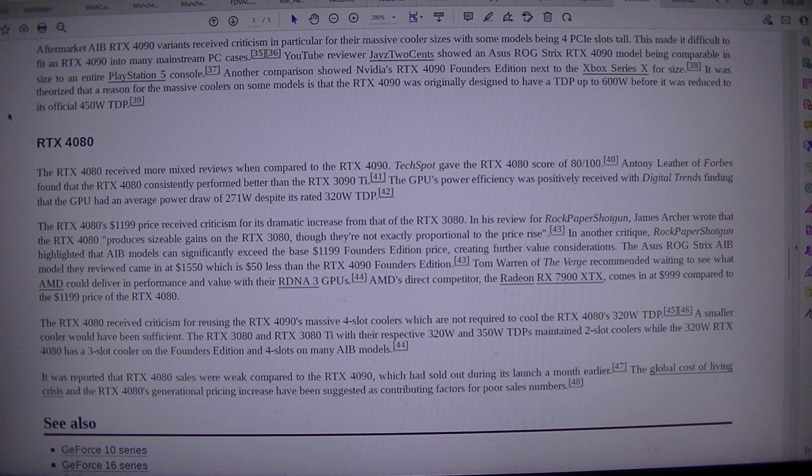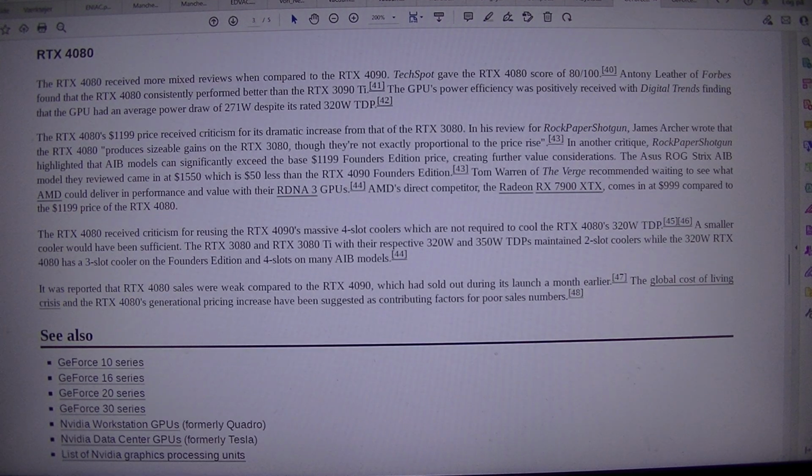RTX 4080. The RTX 4080 received more mixed reviews when compared to the RTX 4090. TechSpot gave the RTX 4080 a score of 80/100. Anthony Leather of Forbes found that the RTX 4080 consistently performed better than the RTX 3090 Ti. The GPU's power efficiency was positively received, with Digital Trends finding that the GPU had an average power